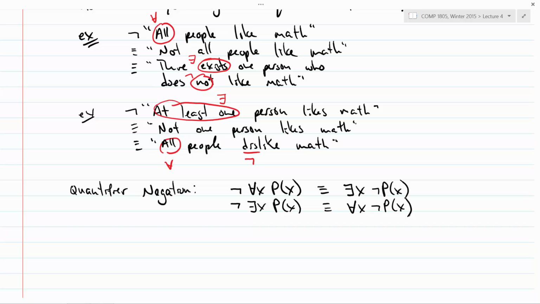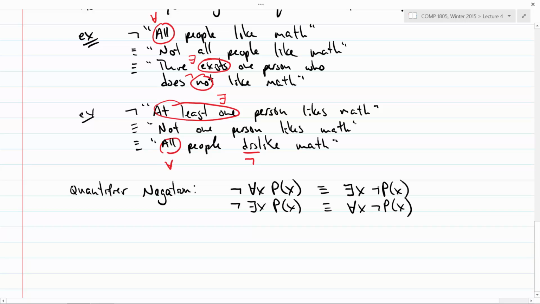Does anyone see an easy way to remember this rule, if maybe you only remember propositional rules for some reason? Yeah? Is quantification related to and or is not quantified? Exactly. So remember that for all is basically shorthand for conjunction. So if I negate a conjunction, then I get a bunch of ors that are all negated. That's De Morgan's rule. And that's exactly this. Exists is a bunch of ors, and everything that's ored is negated.